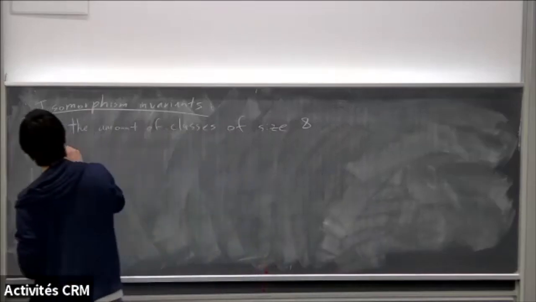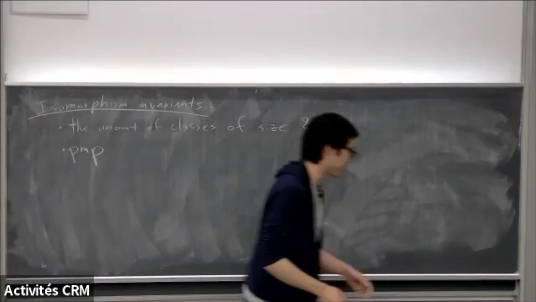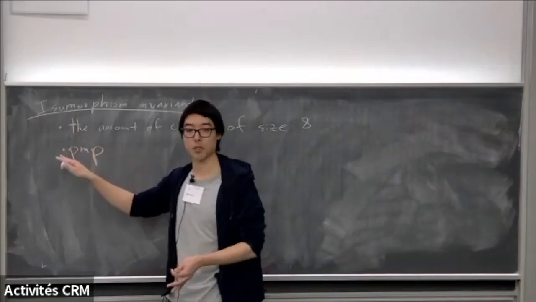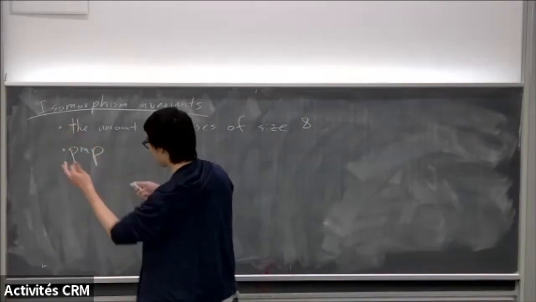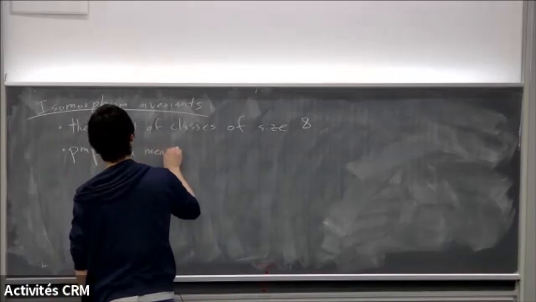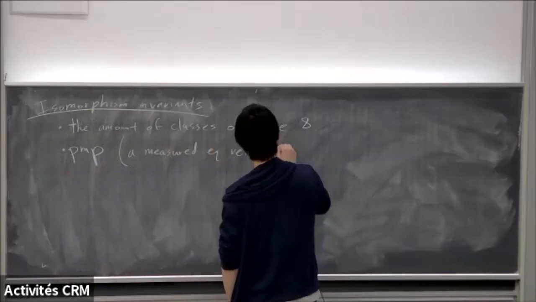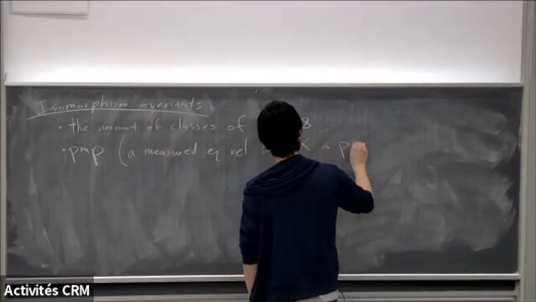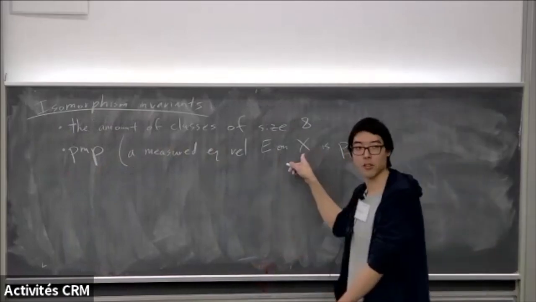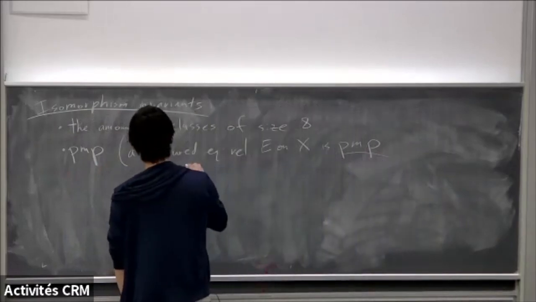One thing that's true is there's a notion called PMP for equivalence relations, which I should define. So whether it's probability measure preserving or not is an isomorphism invariant. So let me say what this is. A measured equivalence relation E on X is PMP, so also probability measure preserving, because there's a probability measure here, right? So it's PMP if for